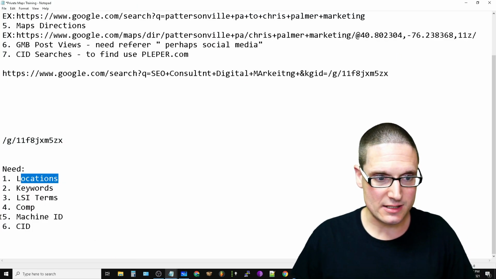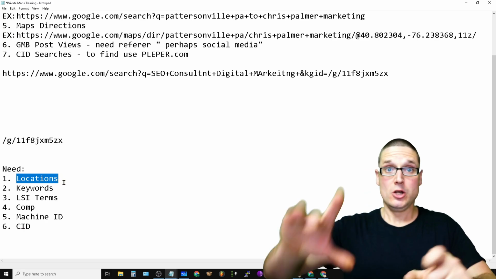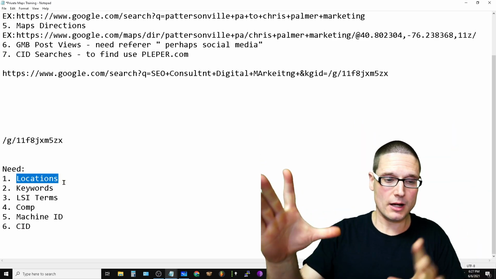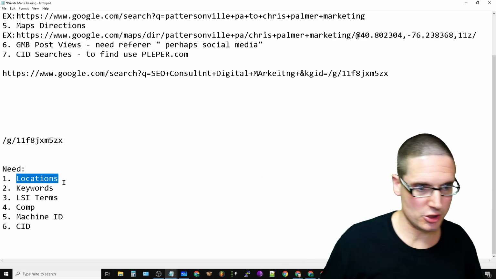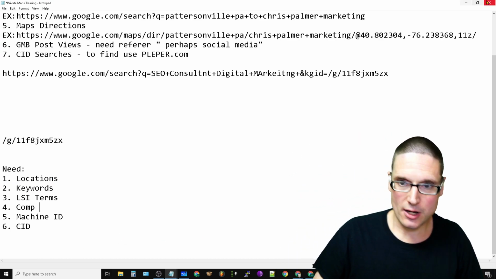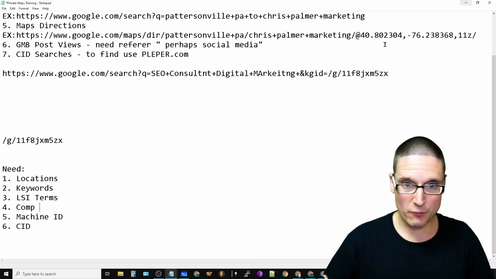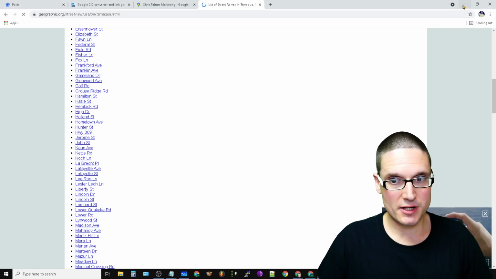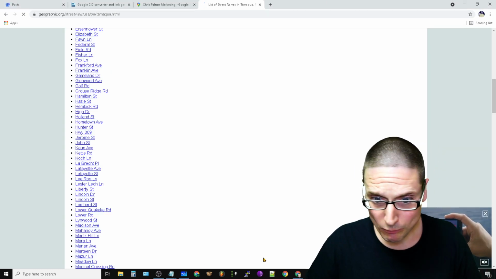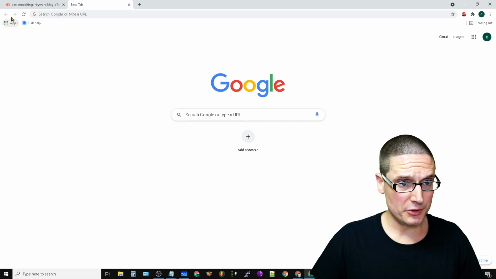So these are the needs. All right, so we found our locations. So I need the streets, right? And then I want the actual locations. Aside from that, keywords. Here's what's important when we're starting to formulate different search phrases and search features. We want to utilize a couple different types of keywords.